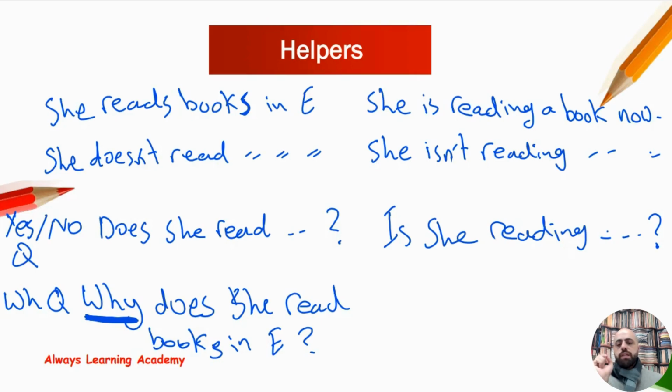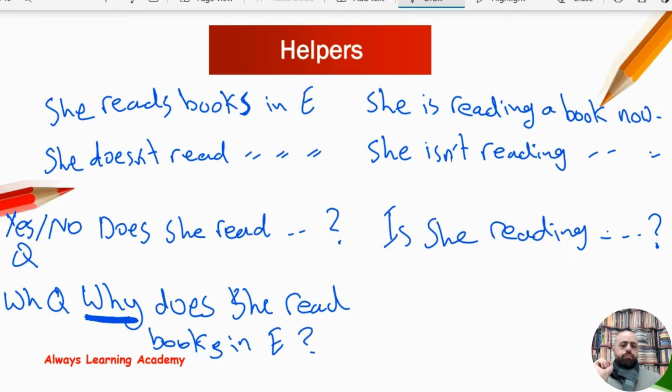When do you go to sleep, and so on. Okay, now for the present continuous, that will be the same idea. But the helper is different. So instead of does, of course, you're going to use is here. Why is she reading